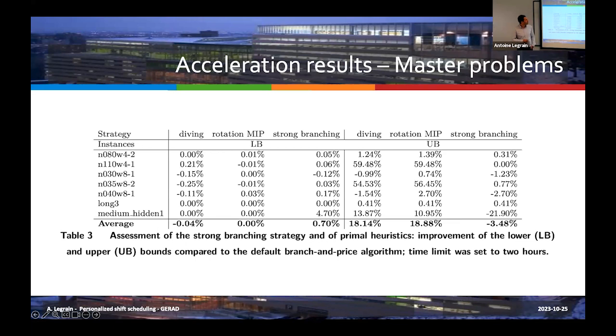So if we look at the acceleration techniques for the master problem, we compare the diving, the rotation heuristic, and the strong branching, and we look at the effect in terms of the lower bound and the upper bound over a time limit of 2 hours on some instances. What you can see is that for sure you have an improvement of the lower bound when you use strong branching, and nearly nothing happened for both. The rotation is run in parallel and it helps just for the upper bound. So there is no impact on the lower bound, and the diving decreases the lower